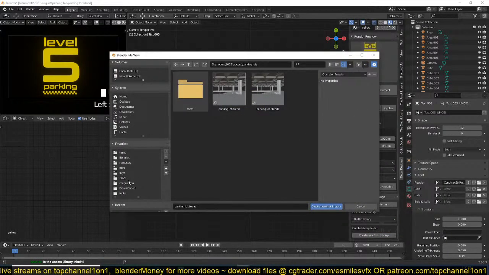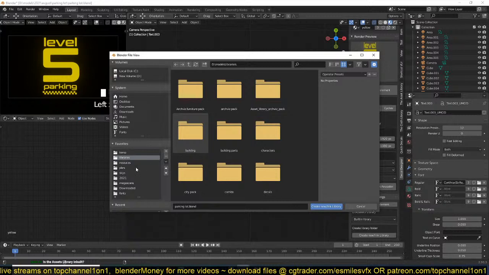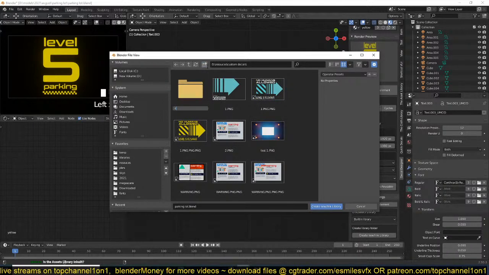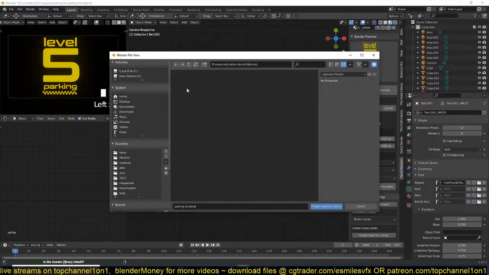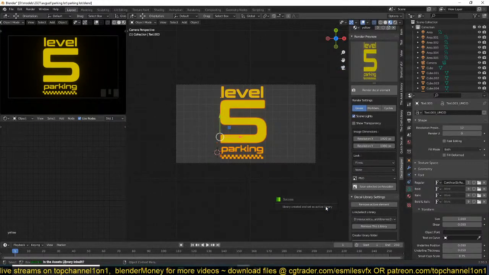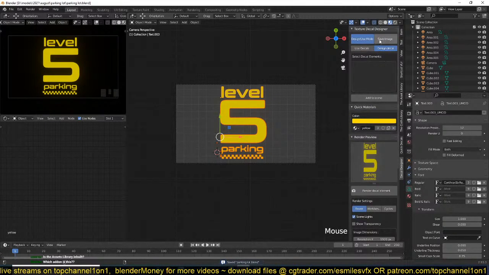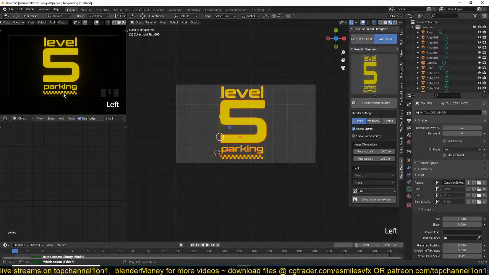I'll call this my libraries. I'm going to my resources, custom decos, and I create a new library. Libraries. Parking lot. Okay. And so I want to save this as an image so that I can apply it to my